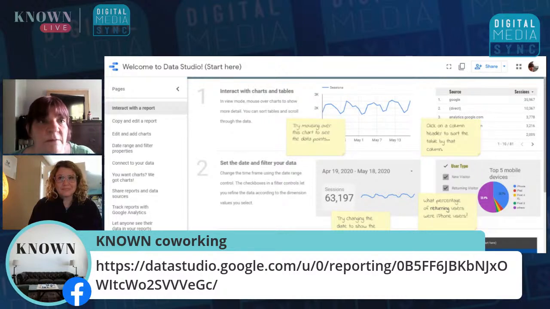Okay, so I'm going to switch up views because it looks like it's staying on one particular view right now. And I am going to go over to one of the sample reports.